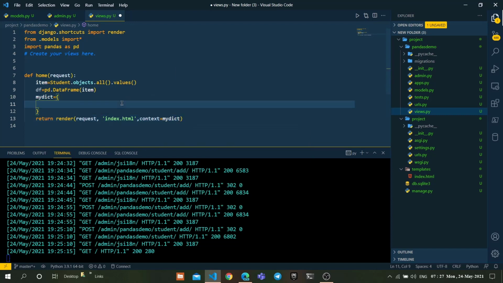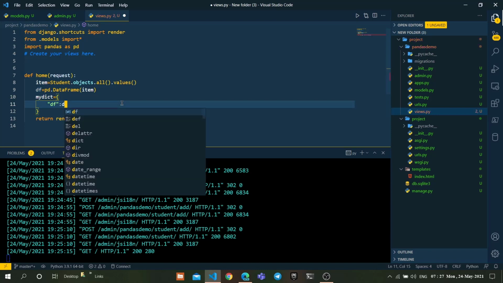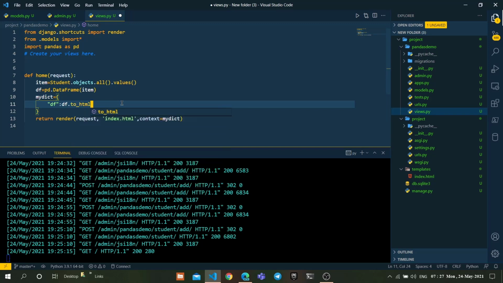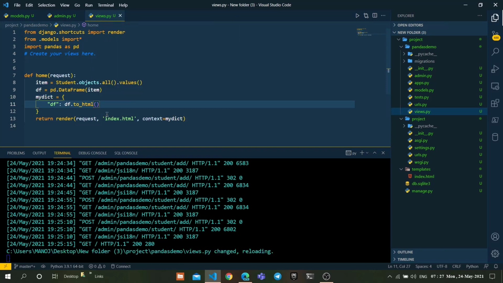So here what you can do is df: df.to_html(). This function will convert the data frame into a table.